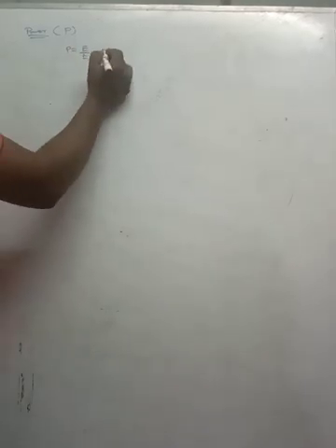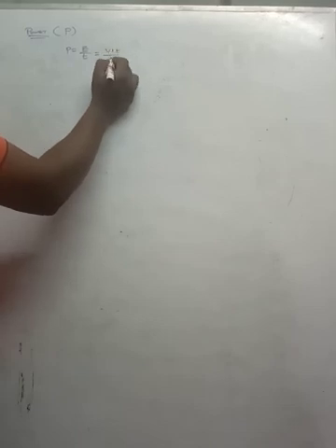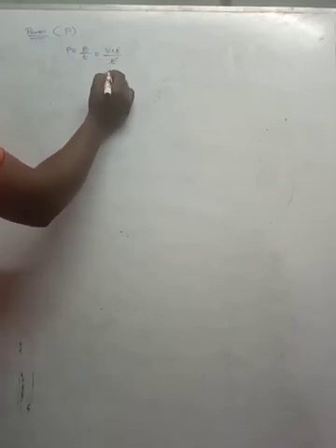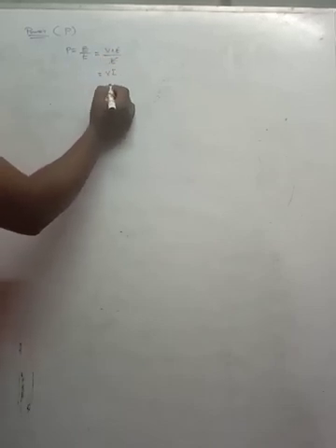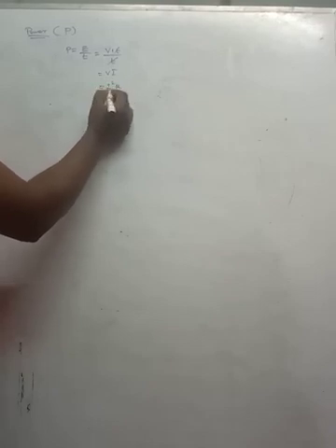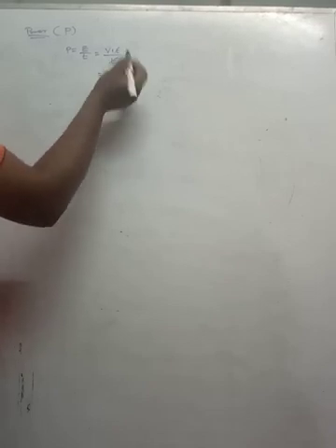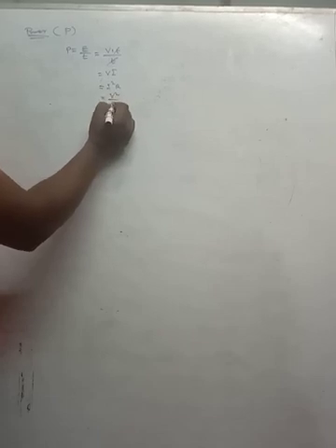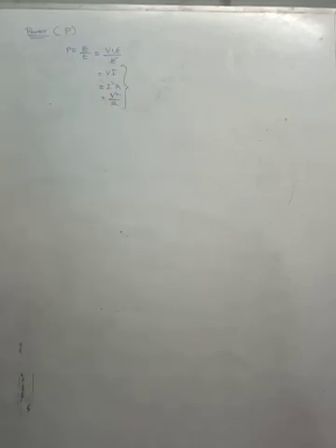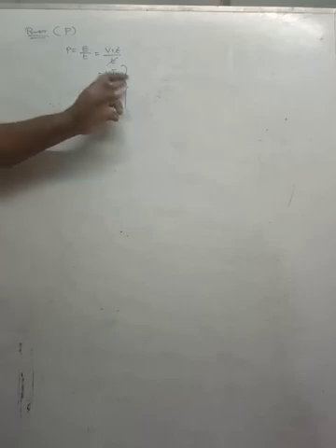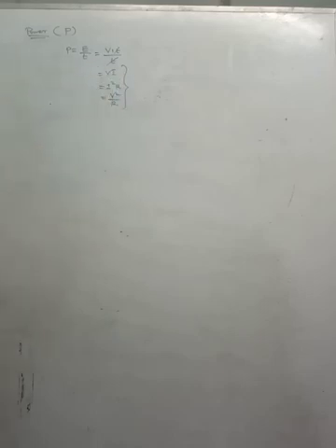You know the formula for E, that is VIT, so divided by T, the T gets cancelled, then you will get VI. If you substitute V is equal to IR, you will get I square R. If you substitute I is equal to V by R, then you will get V square by R. So there are three formulas for power. P is equal to VI, P is equal to I square R, P is equal to V square by R. Understood? So this we can call electrical power.